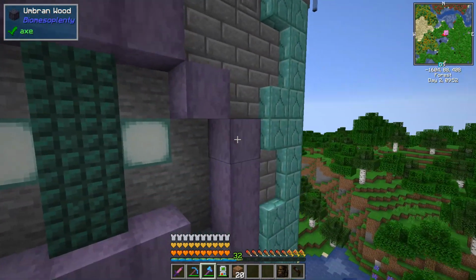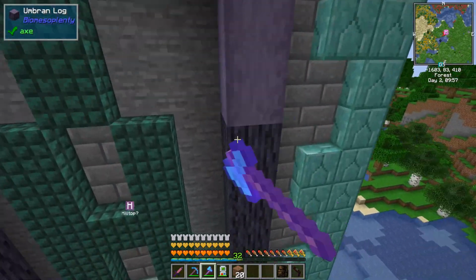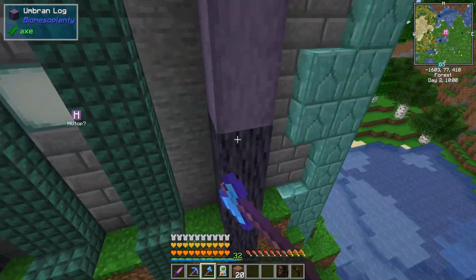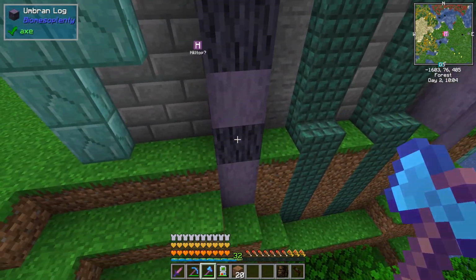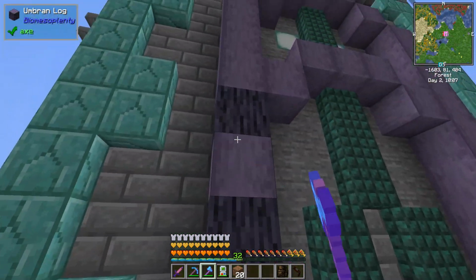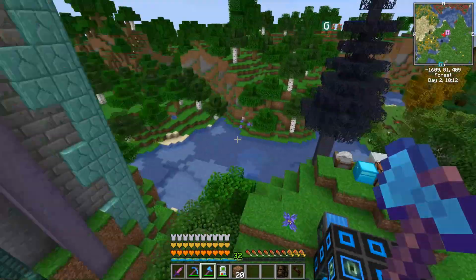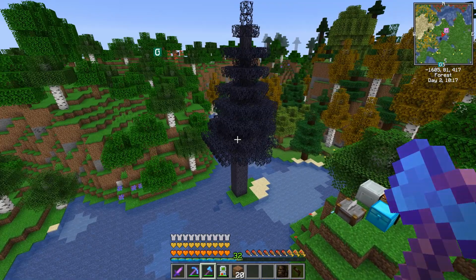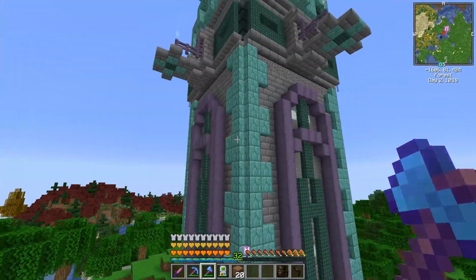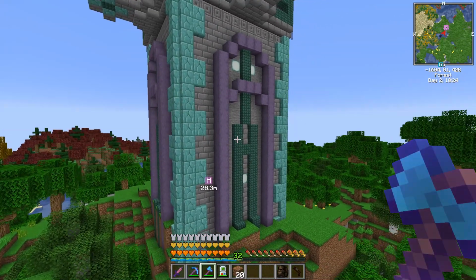So now I can do this, and you don't see that top piece. I didn't need to do all of the logs because you lose a third, or a quarter of the wood that way. And I don't have much wood. Actually, I think I have a stack now, and whatever's in this tree and the other tree at my other base. So I don't have a huge amount, but I liked the combination of the stone and the dark prismarine